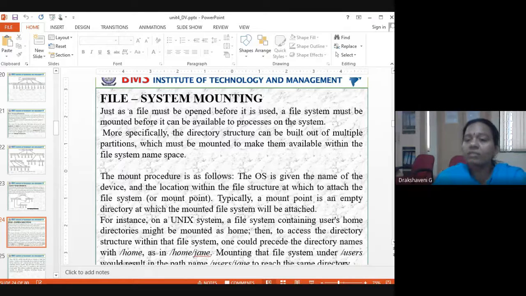So that's what we call mounted in Unix, files within a file system. It is like when you click on your URL, you may go to HTTP slash Google, Gmail slash your name, and it keeps going within, exactly to where you want to go. Same way here, mounting that file system under /users could result in the path name /users/jane to reach the same directory.